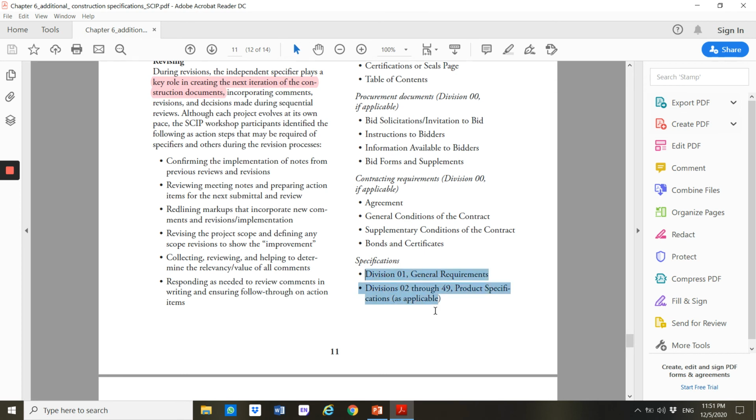So specifications kat sini ada, they call it divisions, tapi ini untuk SCIP. So maybe you had the general requirements and then other product specifications. Product specifications pula mungkin you ada special product, especially kalau project tu yang infrastructure, MRT, Putrajaya. Kalau I tahu Syabas, they had products where they have to import the products from Germany. Sama juga dengan MRT projects. I think the QS had difficult time to find the price for this one product. I couldn't remember what, because I tak tahu apa fungsi that thing, because it was for MRT.